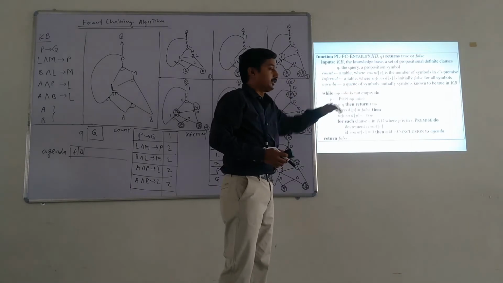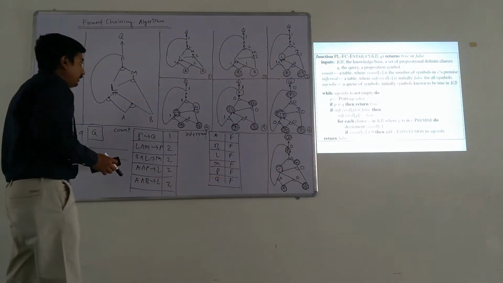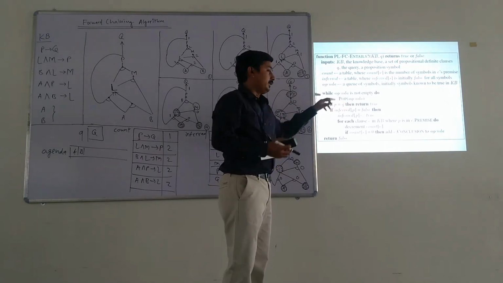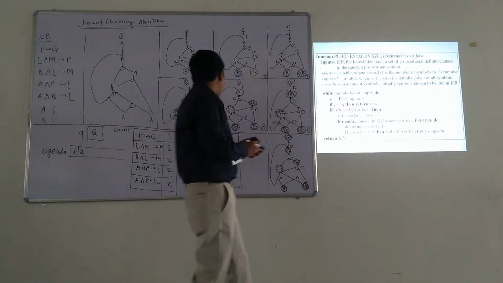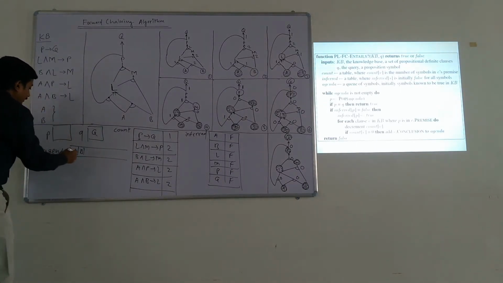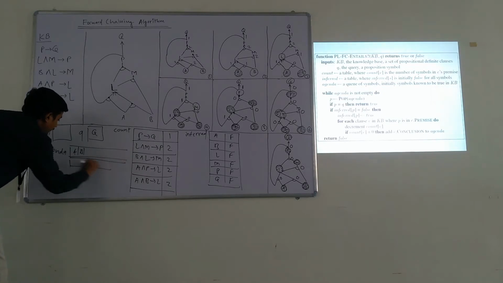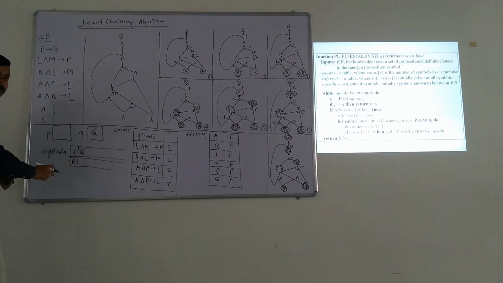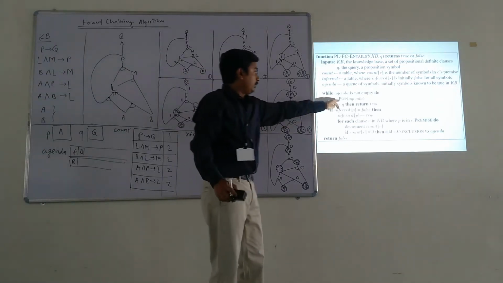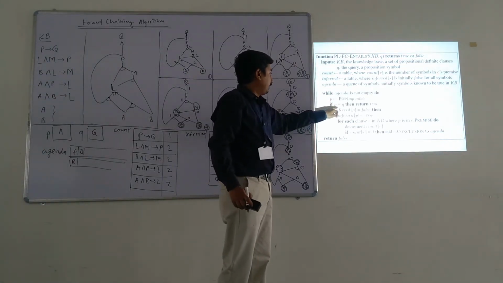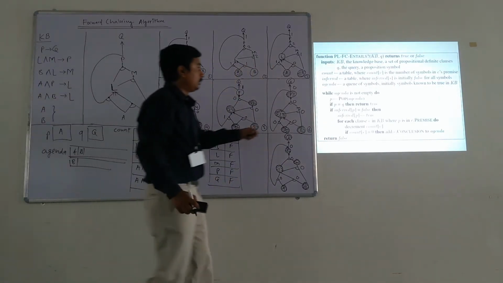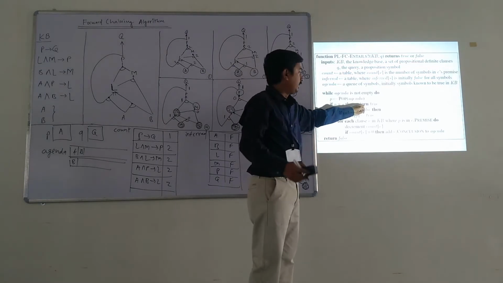While the agenda is not empty, so our agenda queue is not empty, then from the agenda the first element will be deleted, that is A. Now you have to maintain the P variable. So now A will be popped. The status of the agenda is this one. B will be there. So P is having A. The element which is popped, we got it in P. Now whether P equals Q, whether A equals Q, no, then continue. Otherwise we would have returned true.